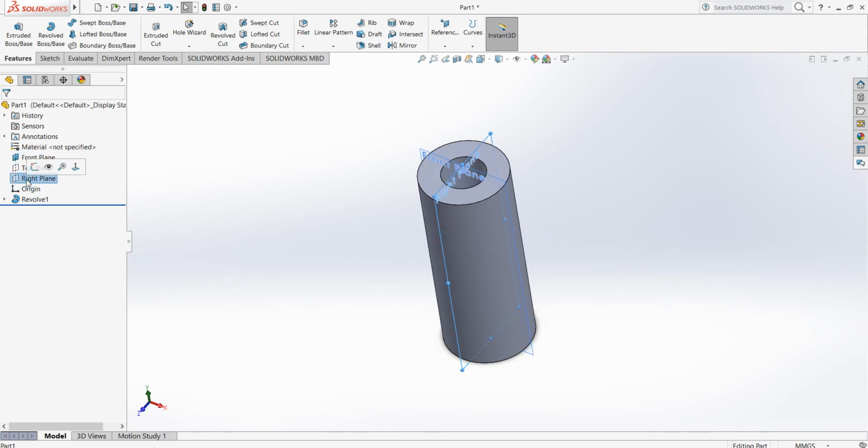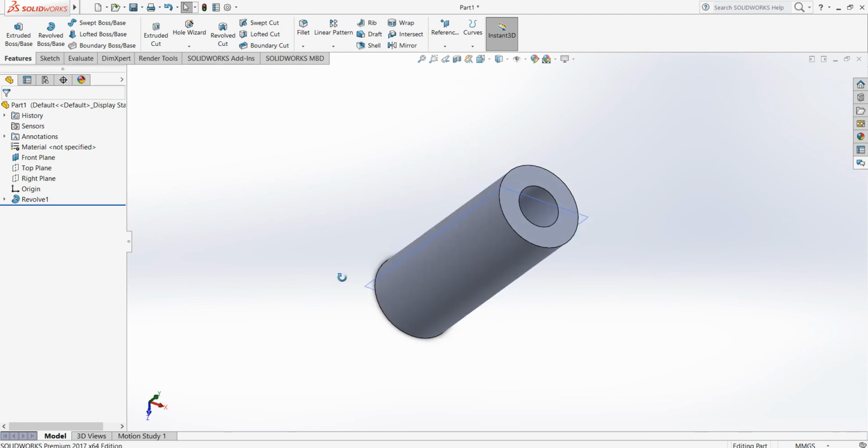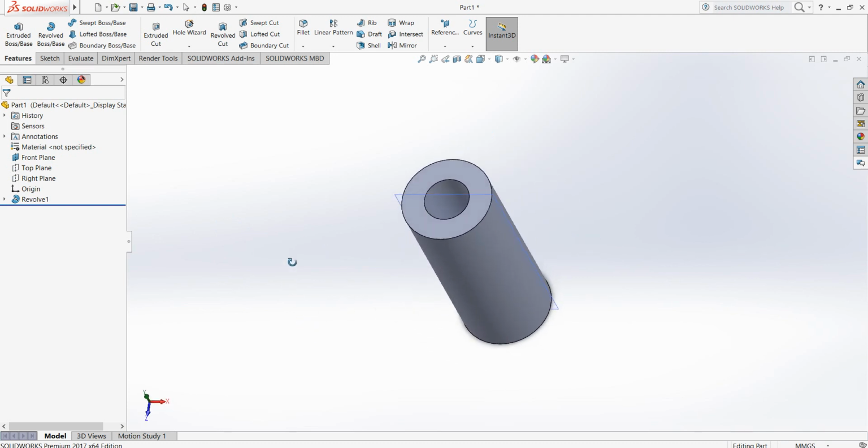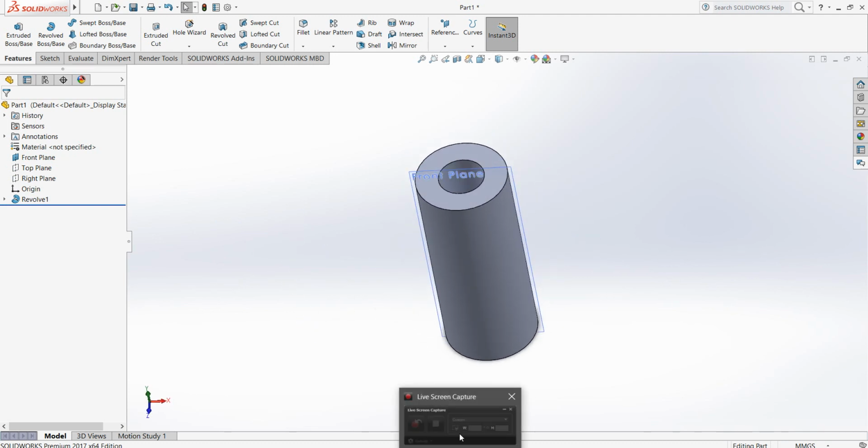All the planes are about the center, and that's just good practice to get into when you start out on SolidWorks. Okay, thanks guys. I'll see